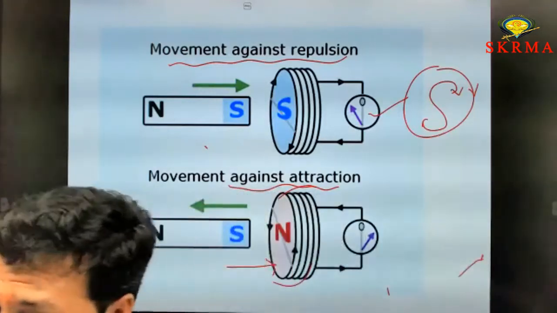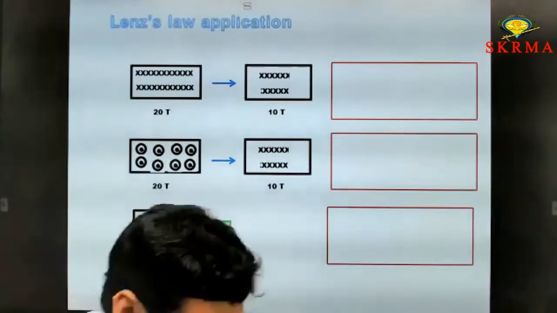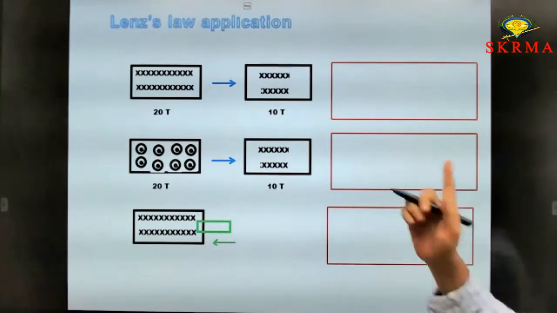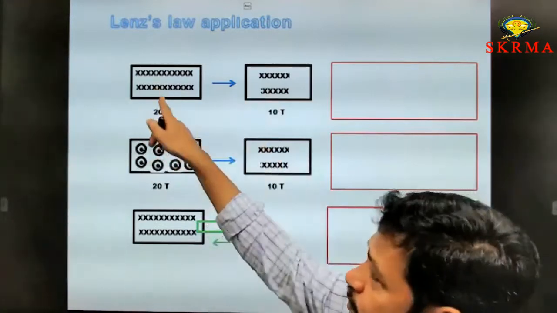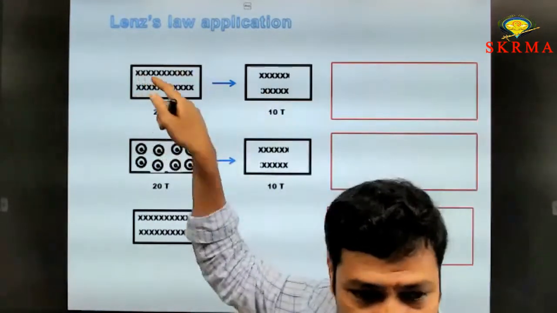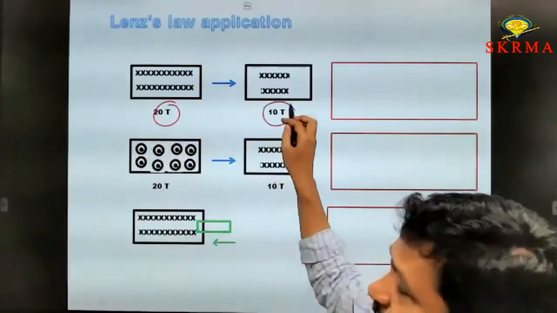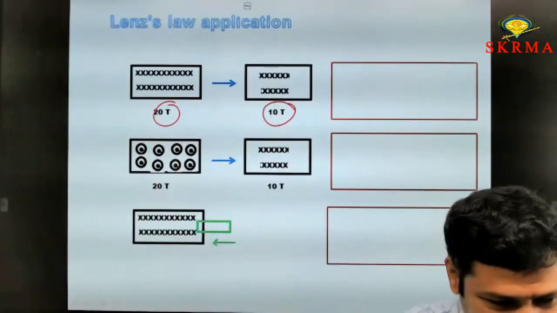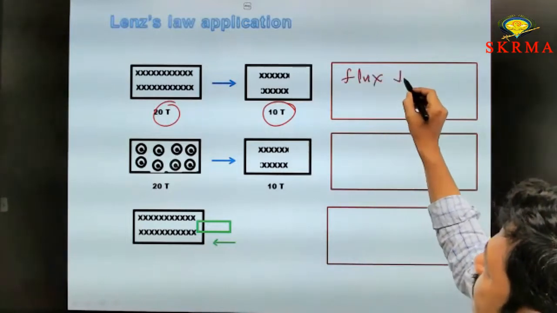Okay, these two are very important. Based upon this one, we can explain so many physical applications. Suppose you observe this diagram; in most situations, the problem asks like this. In the first diagram, the magnetic field is into the page, and the magnetic field decreases. Here it is 20 Tesla, here only 10 Tesla. The magnetic field decreases, or I can write like this: flux decreases.